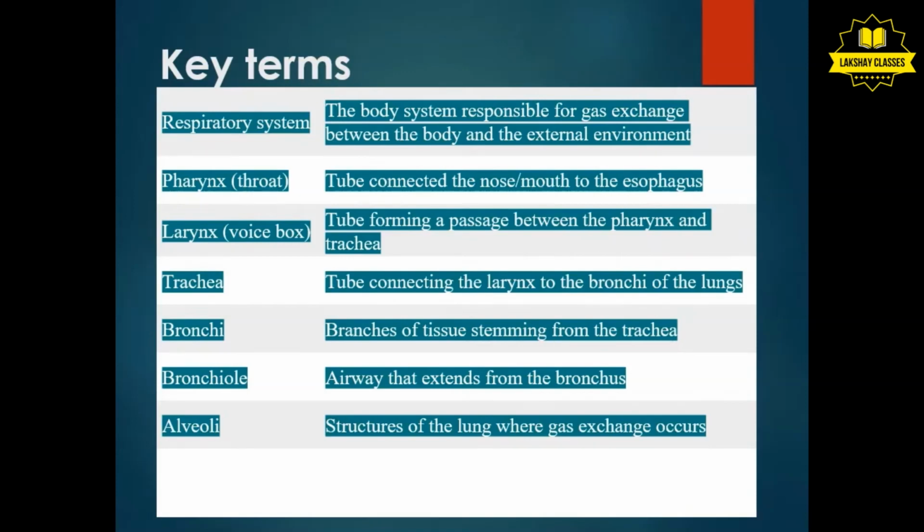Bronchi are the branches stemming from the trachea. Then bronchioles are the sub branches of the bronchi. You can say the bronchus is a main branch from which many branches come out, which are called bronchioles, and each branch ends with a balloon-like structure, which is called